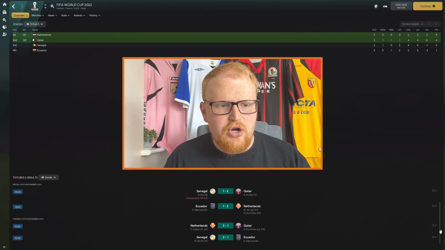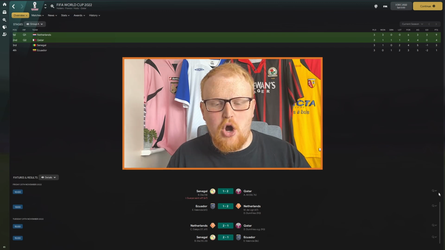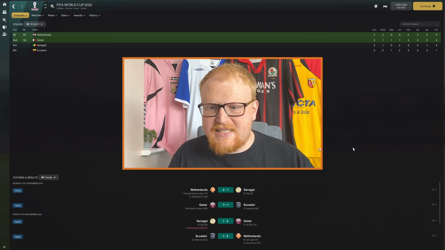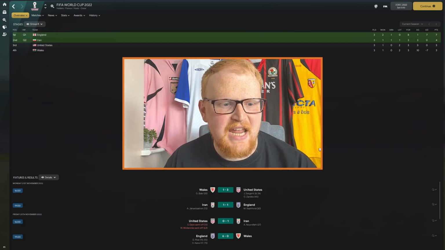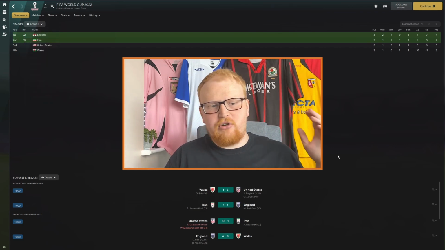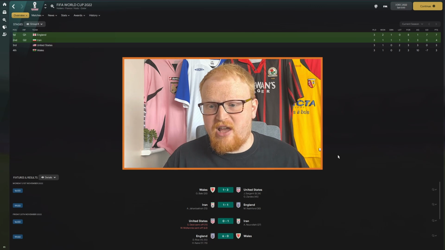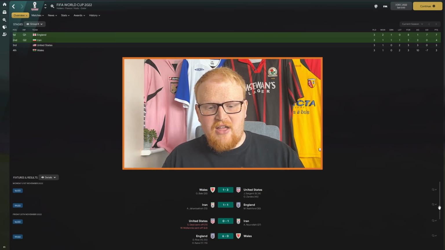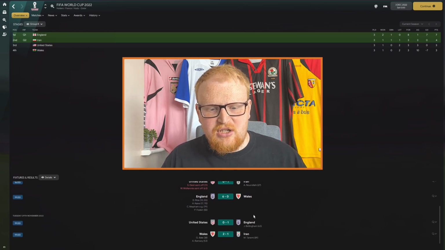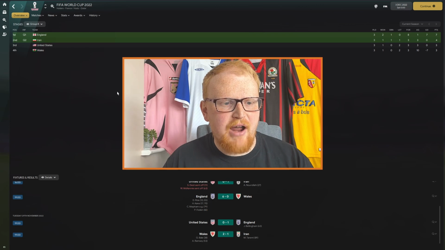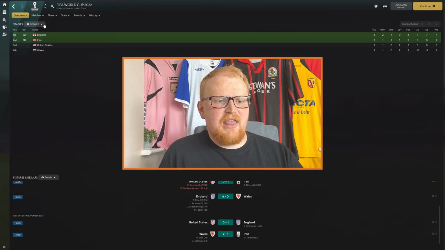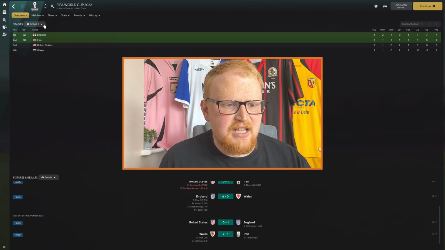Group A, won by the Netherlands at a canter, but the hosts, Qatar, after beating Senegal in the first game, drawing with Ecuador, 4 points has taken them through. And then England are through as well with Iran, despite drawing their opening fixture with Iran. Victories against USA and a thrashing of Wales 6-0 has put England through to the first knockout round along with Iran. Let's go through to the next set of groups as well.